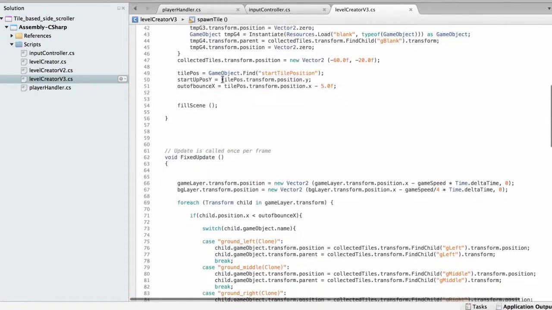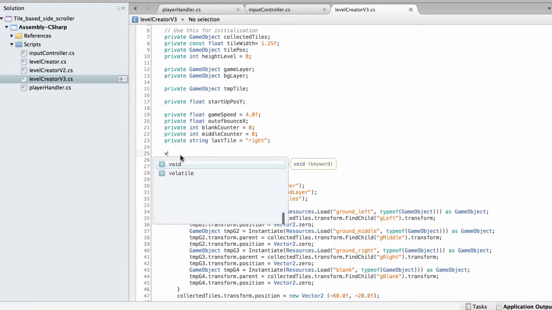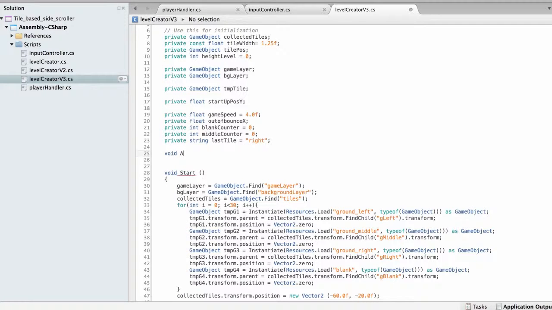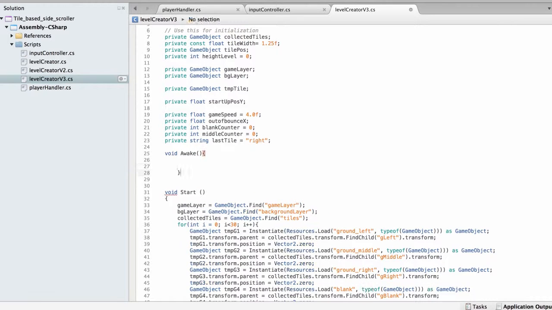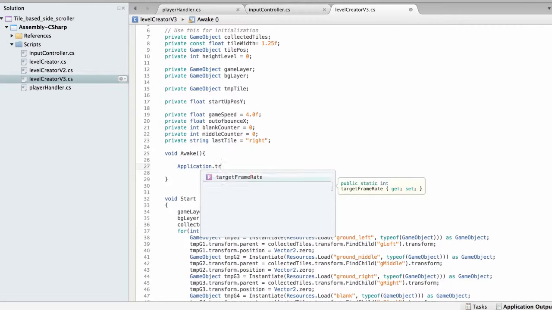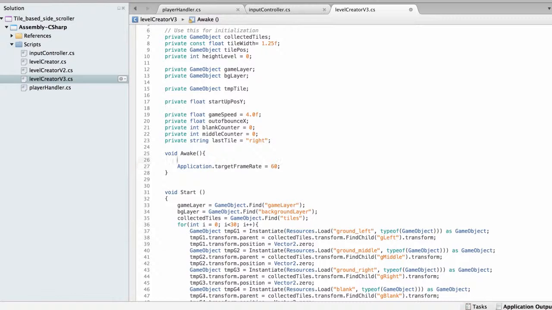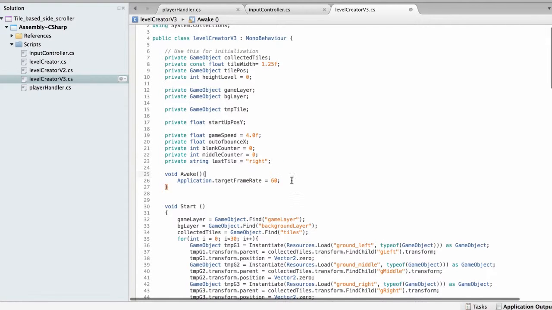and then we can start. When you publish to devices, it's really good to know the target frame rate, or at least try to run in your preferred target frame rate. So that's what we're going to start off with. We're going to create an awake method, and within that we're going to do the application dot target frame rate and set that to 60, just to try to make sure we run as close to 60 as we can to get a nice and